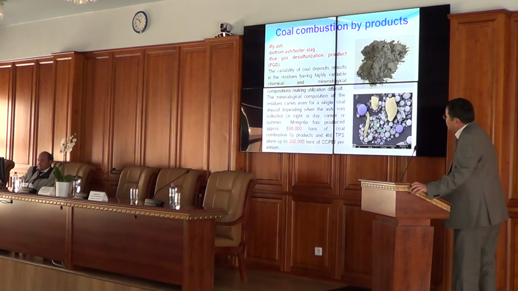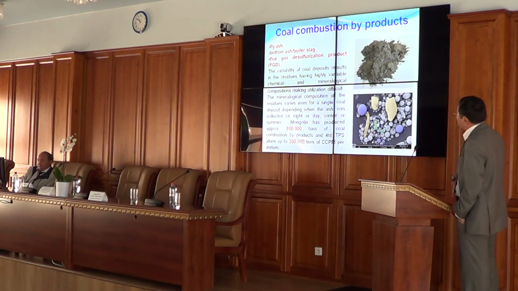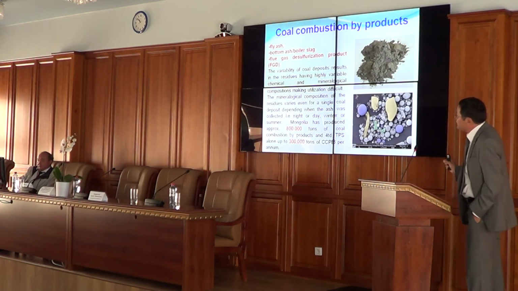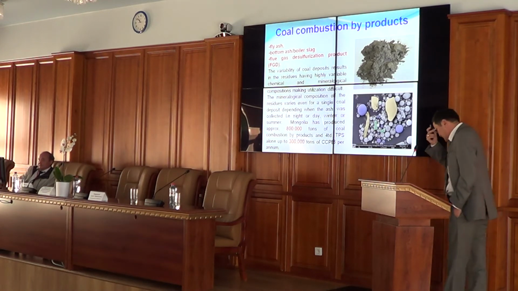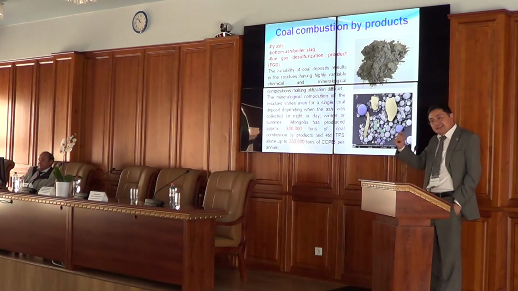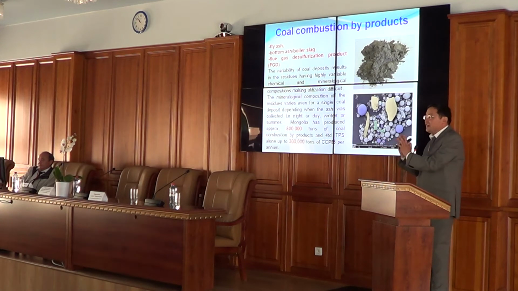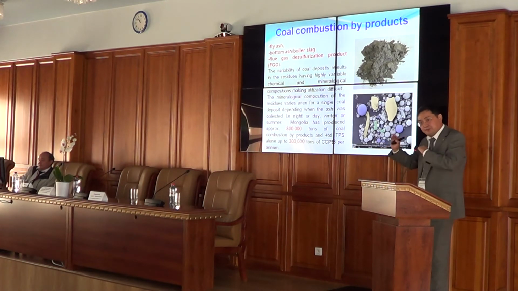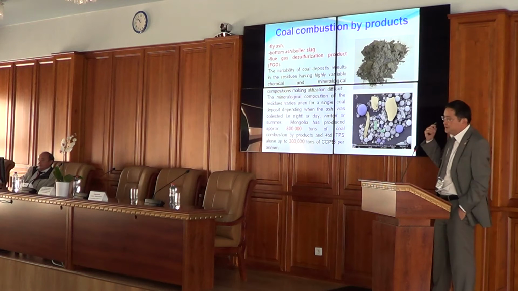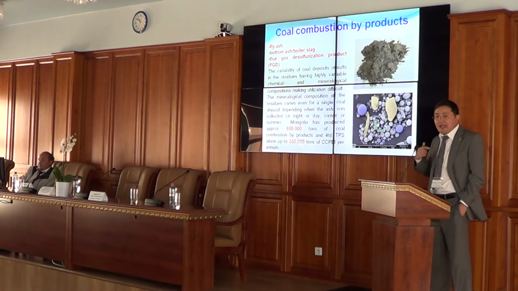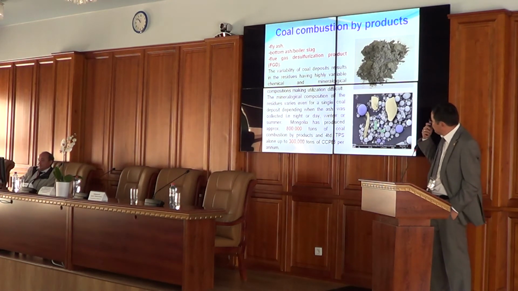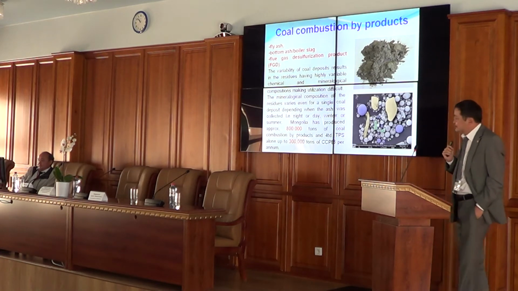Now, as I said, coal combustion byproducts are fly ash, bottom ash or boiler slag, and flue gas desulfurization product. Another thing, if we do not use these ashes or boiler ash, it has to be kept in an ash pond with water. The water and ash pond. So we have a very, very huge amount of ash every year. In my future talk, I will talk about why it's very important.